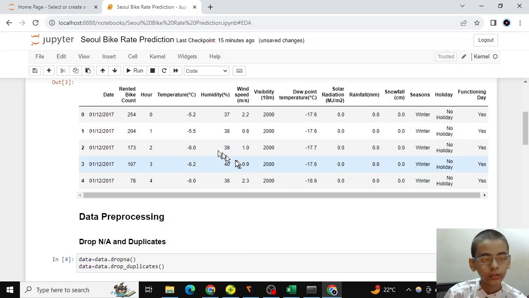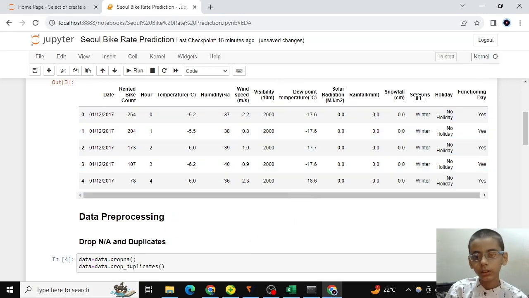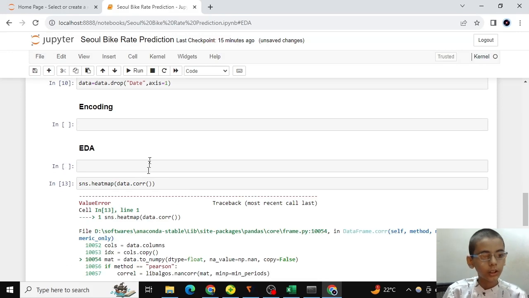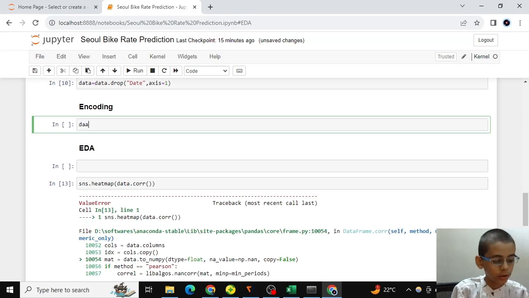Encoding: we have to encode these 3 columns. We can drop the season column because after too much parameter tuning I found that season is not a perfect column. It is very bad.